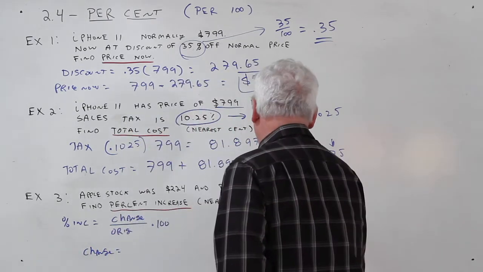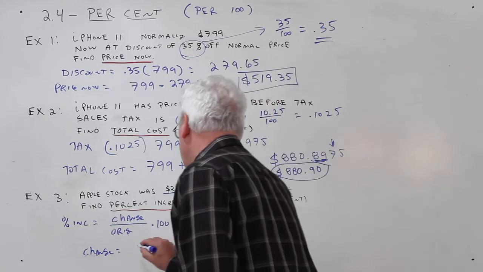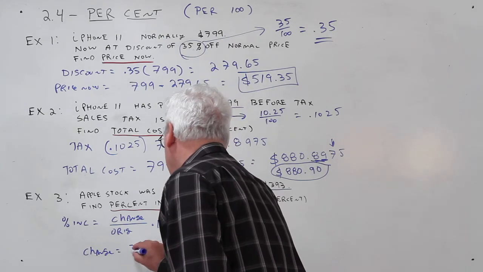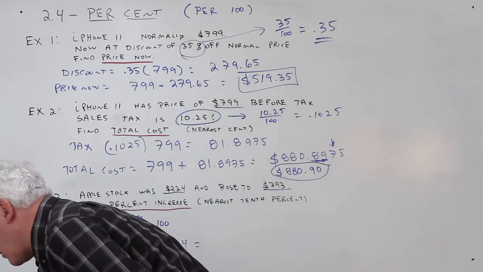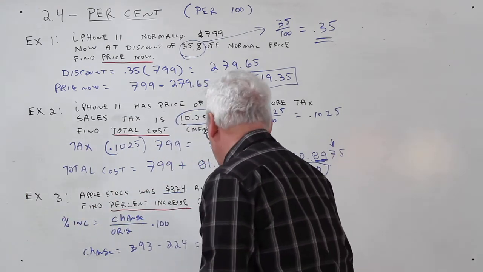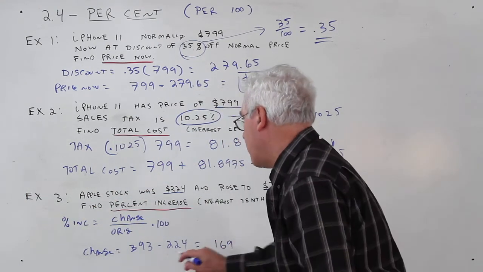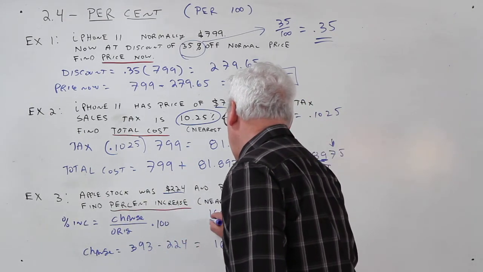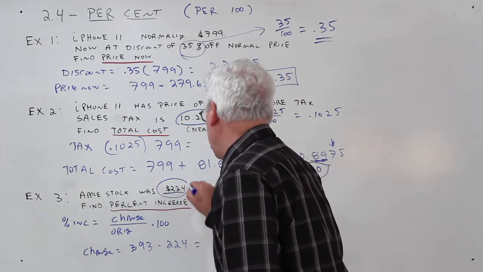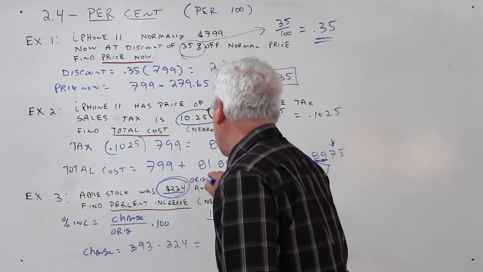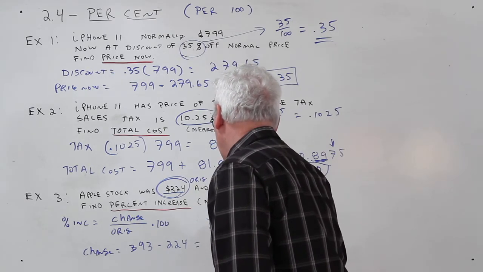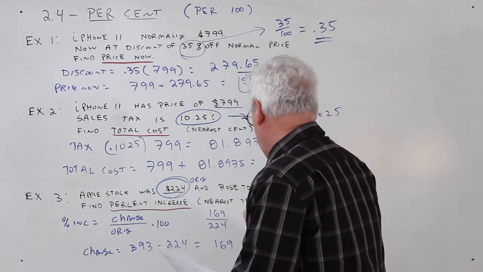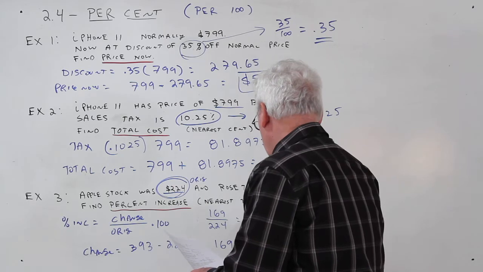The change is going to be 393 minus 224, and I got 169 for that. So now all I'm going to do is put that change in this formula and be done. So it's now going to be 169, that's the change, over the original, the old value, 224. I'll do that first, and then I'll do the conversion to percent last. So 169 divided by 224, and I got